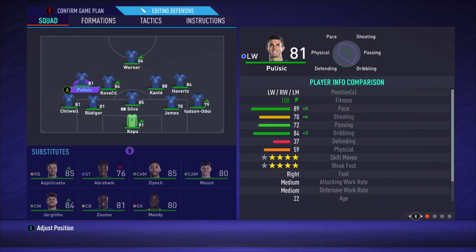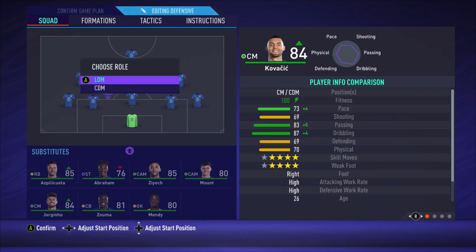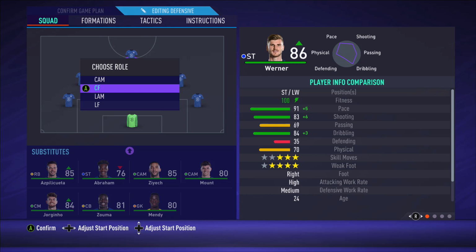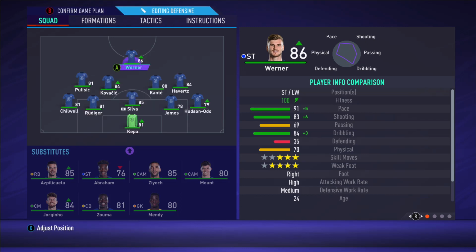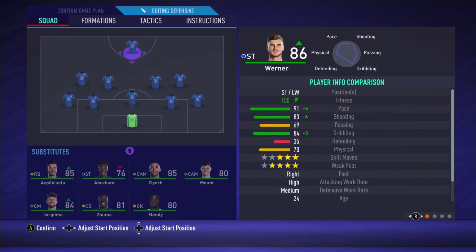Kai Havertz is more tucked in, just like Pulisic. These two are still RDM, LDM, and then you got, not Havertz, sorry, you got Werner, right? Werner is now a centre forward, not a striker. He's actually going to be helping you out, and he's very important in the defensive phase. Do you know what I mean? Because when you don't have Werner